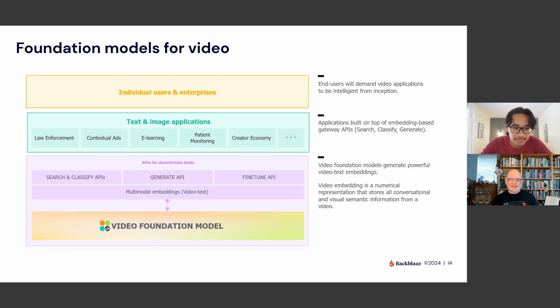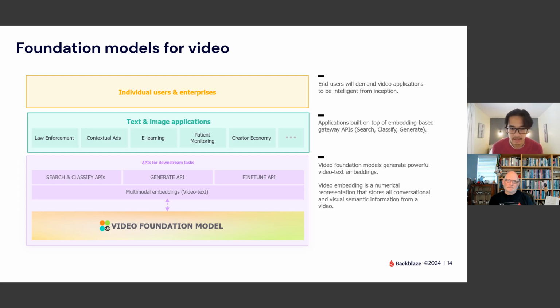So how does this work? What have you built here at Twelve Labs? Absolutely. This slide goes a bit deeper into our hypothesis and how our technology fits into the broader landscape of the video infrastructure stack.